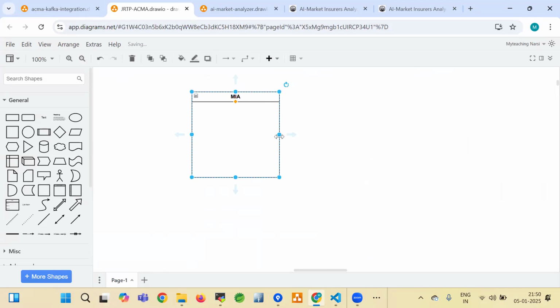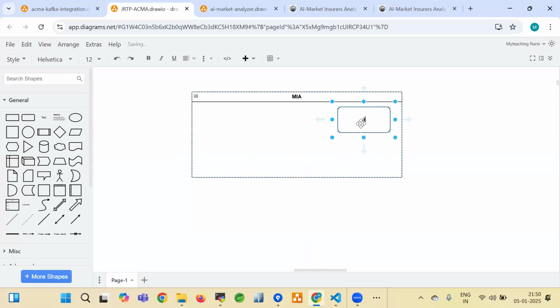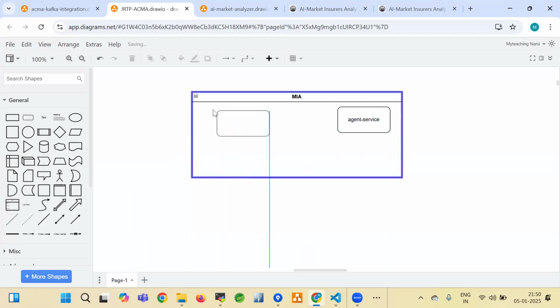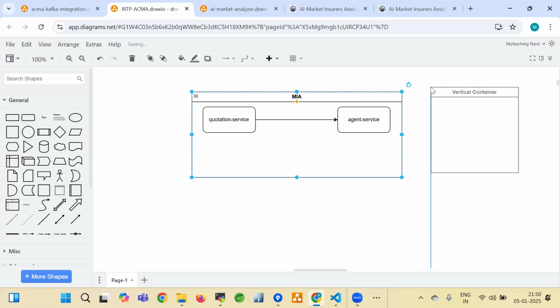This Market Insurance Analyzer will have the actors, like our modules, like we can say the agent service, right? And we have the quotation service. So what will happen? When this quotation is sent to the agent, there will be a workflow whether the agent will accept the quotation or reject the quotation. If the agent accepts the quotation, then it will be sent to another system,